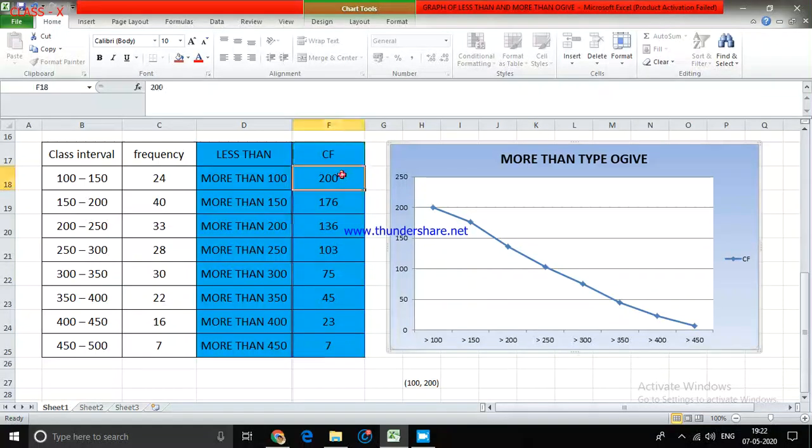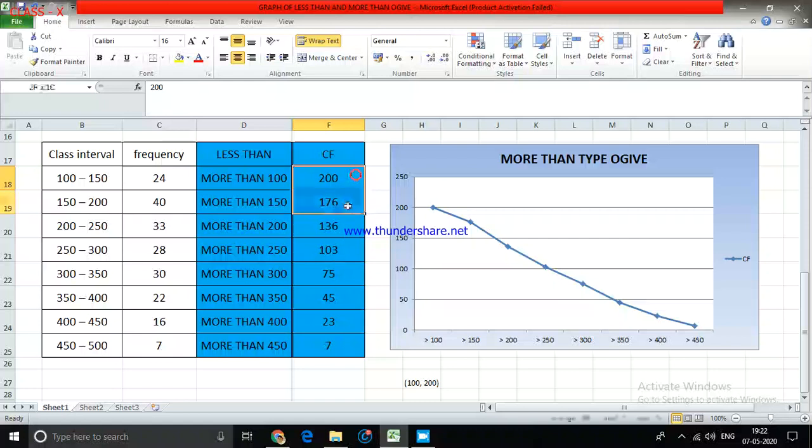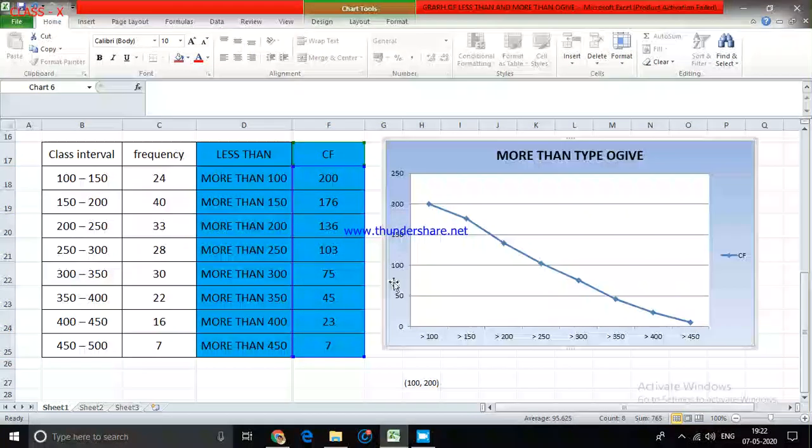Okay, and the corresponding y values, whatever the corresponding cumulative frequency you have, that cumulative frequency will be given on the y-axis. So here also the scale can be taken according to you, whichever is convenient to represent on the graph. I don't suggest going for 0, 50, 100, because finding these numbers on the graph will be difficult. I suggest you at least go by maybe 20, 40, 60, something like that. So it is easy to represent on the graph.